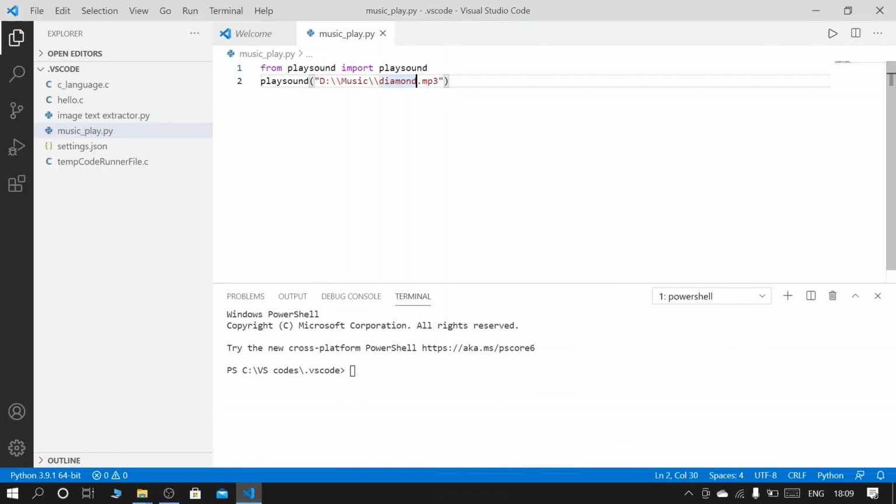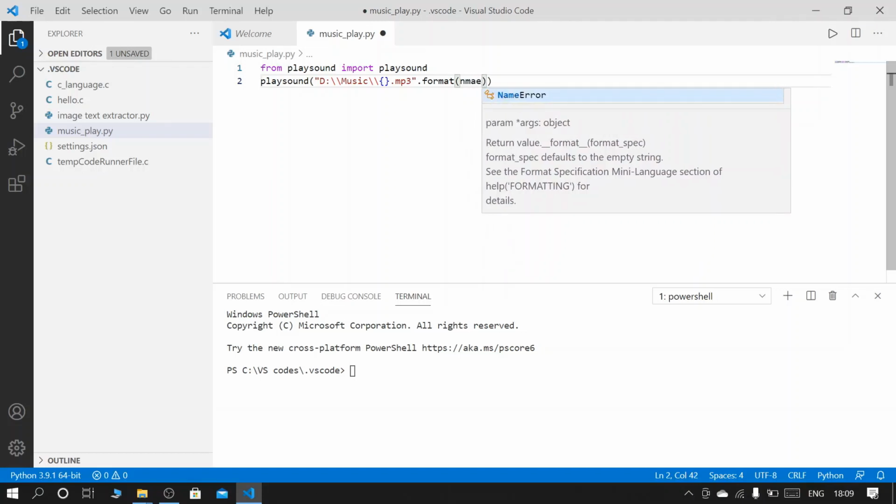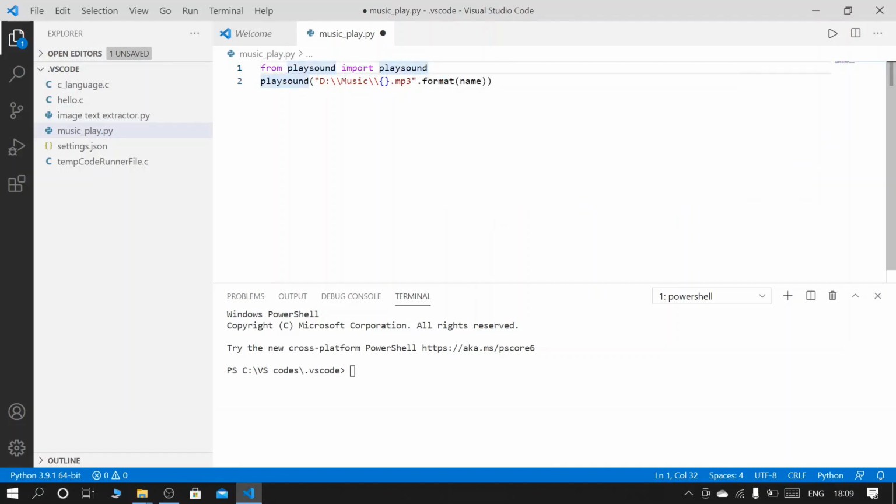Now we will make it for any general song. So what we will do here is just replace this name by a curly braces, and we will add dot format here, and in dot format we will specify the name of the song, which will be specified by the user. So we will ask user to input the name of the song he want to play.